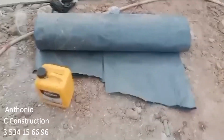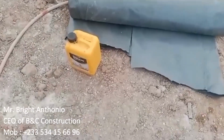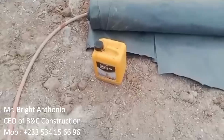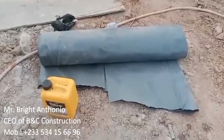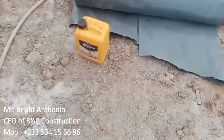So this is the DPM we are using for our trenches. This is 300 MU, very thick, and the chemical there is the Neo Vitalia, the Smart Neo Vitalia. We call it the Smart Care. We are mixing that with the concrete to be poured in the trenches, and all these are part of the